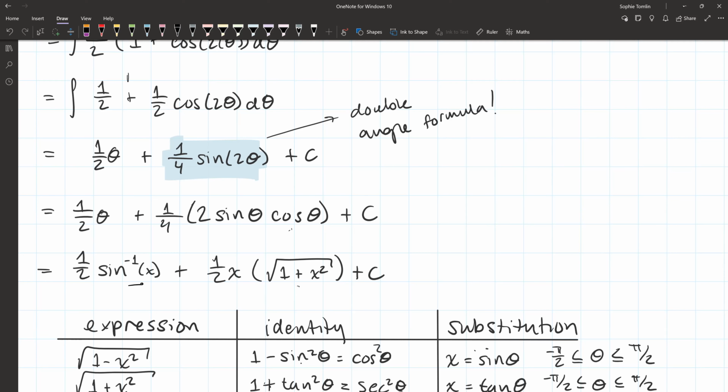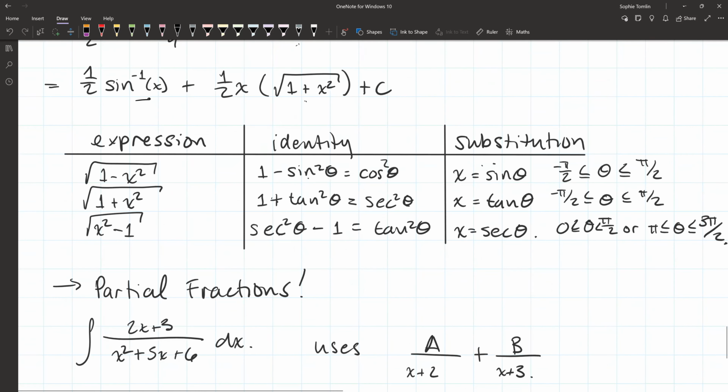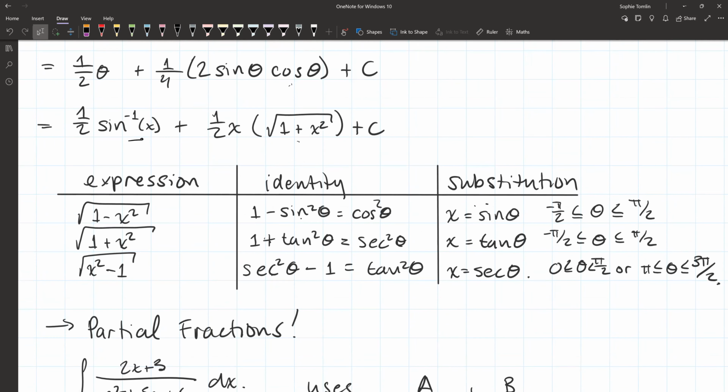It's definitely something that you kind of have to be aware of and keep an eye out for. But then this is a little table. If you see these expressions over here, that might be a little hint that you might need to do trig substitution, or that you will have to do trig substitution. So when we have the square root of 1 minus x squared, we're going to use this form